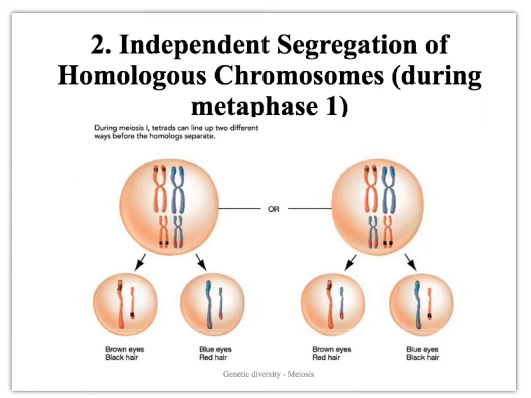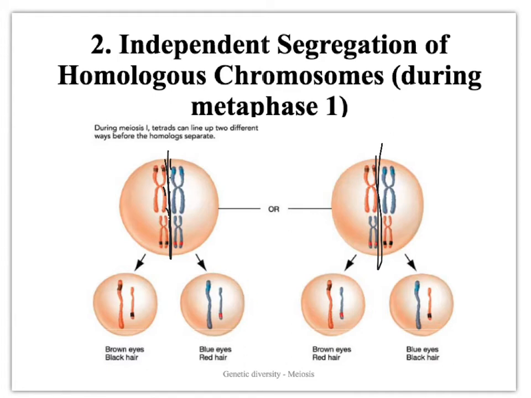The second way that genetic variation can be introduced in meiosis is through independent segregation. This is random alignment of chromosomes along the equator. So ultimately you produce gametes with different combinations of maternal and paternal chromosomes. So in here I've drawn the equator, and you can see that on here you'd have all maternal alleles being pulled to that pole and all paternal alleles being pulled to that pole. You can see with the 2